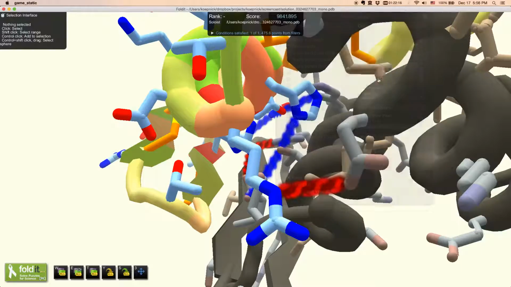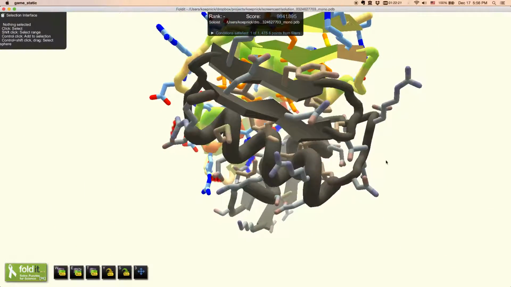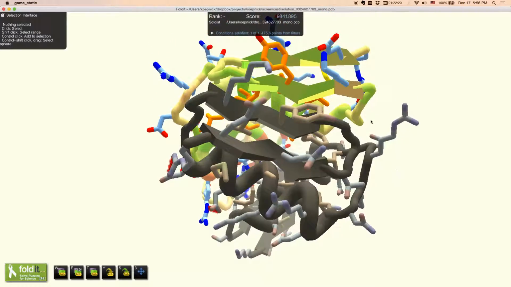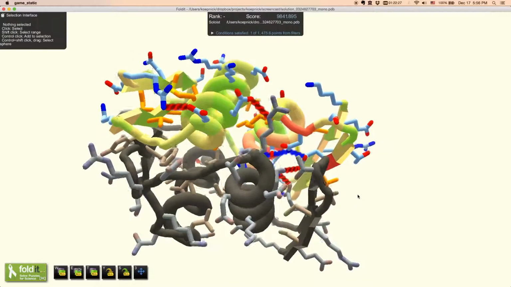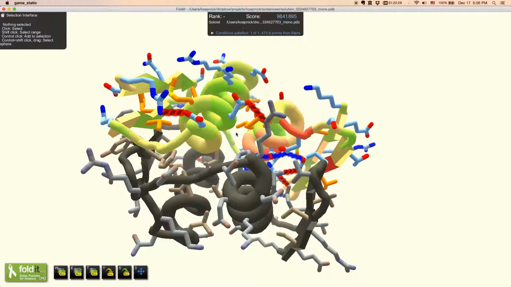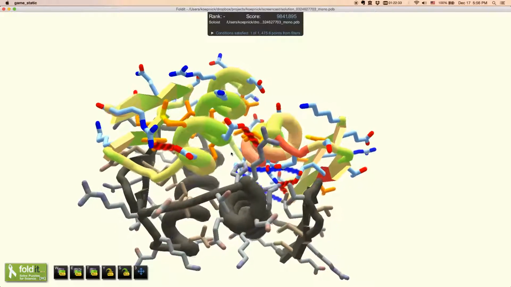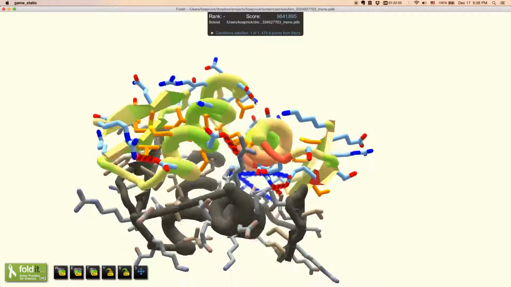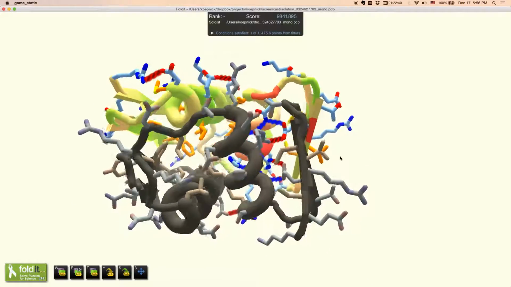I know the tools have been kind of cryptic and difficult to manage up to now, and I appreciate all of your hard work and keeping with us while we work through this and figure out how to incorporate hydrogen bond networks into Foldit designs. But I think we're getting very, very close, and I'm very excited to see what Foldit players come up with next.